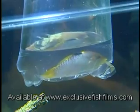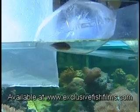Now the next thing you're going to need to do is acclimatise the fish from the water in the bag to the water in the tank. The way that you do that